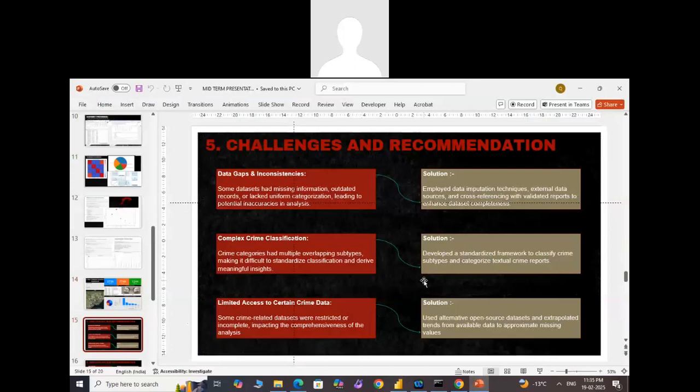So I will be discussing some challenges and recommendations which we have faced throughout our project, from the start till now. First of all, data gaps and inconsistencies. Obviously, for working on a project like this, it is most important that the data be accurate. Some data sets had missing information, outdated records, or a lack of uniform categorizations, for which we employed data imputation techniques, external data sources, and cross-referencing with validated reports to enhance data set